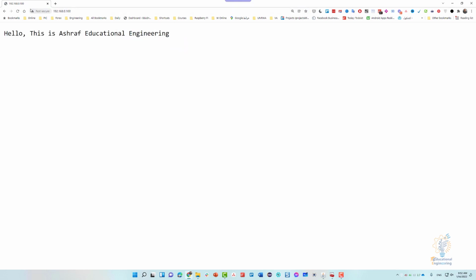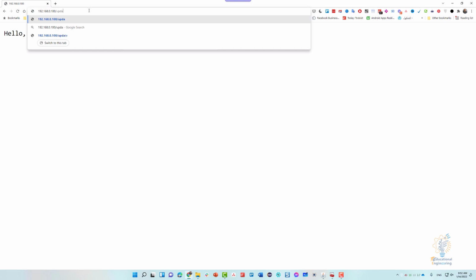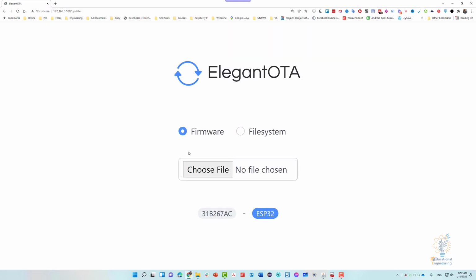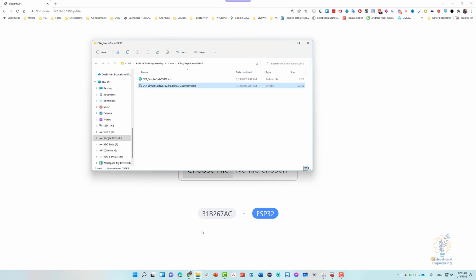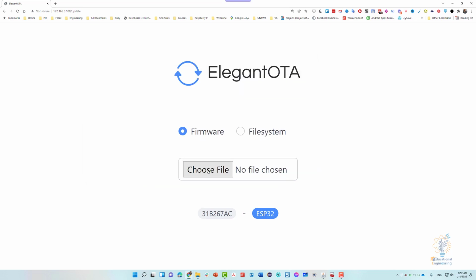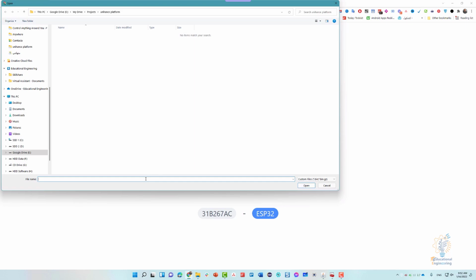So let's refresh the page to make sure that it works. As you can see, we are still getting the same code. Now to update the firmware, you need to write /update and you will get this page. Now simply copy this directory, go to choose file, again the IP address /update, choose file, and in here you need to paste your folder, and here we have the .bin file